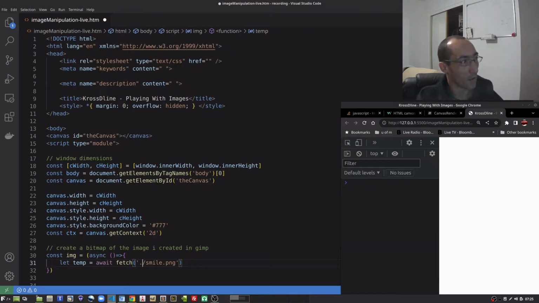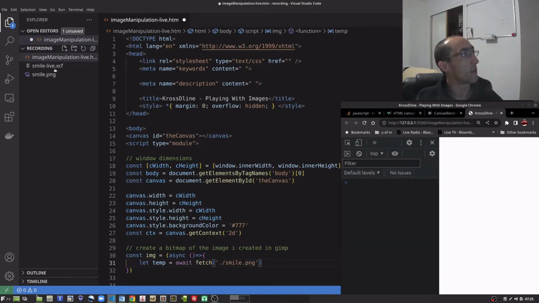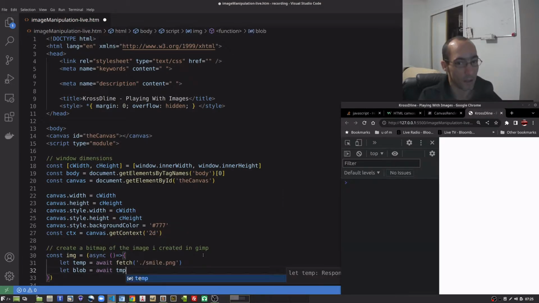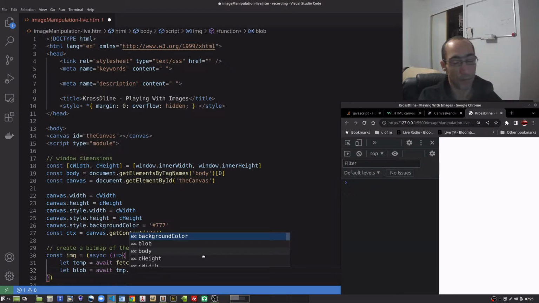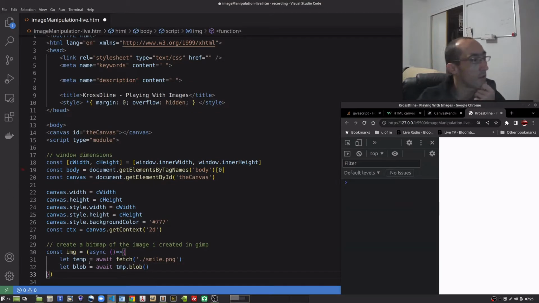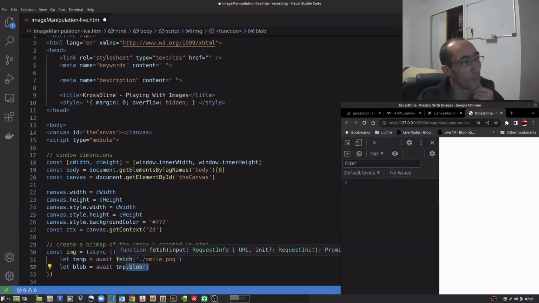So dot means current directory, so it's going to look in the same location as this file. It's going to look for the smile.png that I created. And then after it's awaited that, I'm going to get a blob, and that's going to have to await the temp, and then I'm going to call the blob method. This will be built in. When fetch fetches the image and stores it in temp,